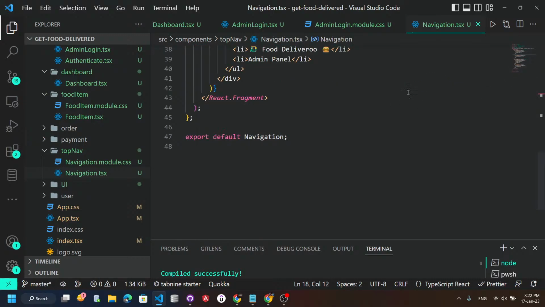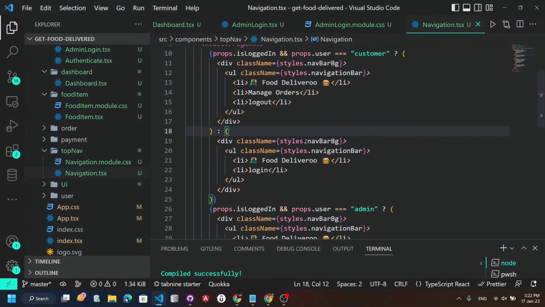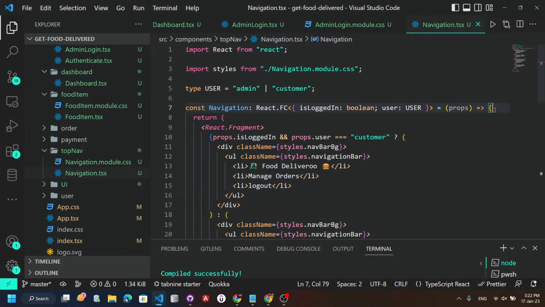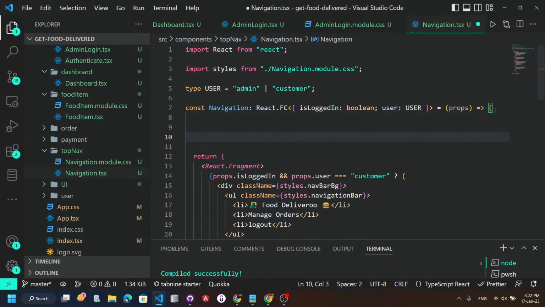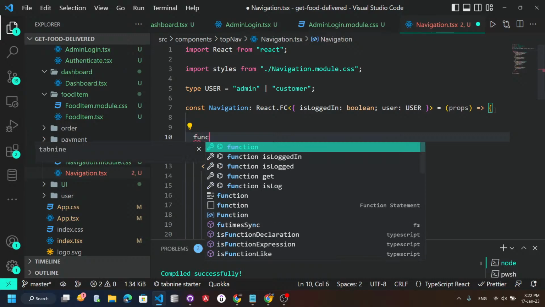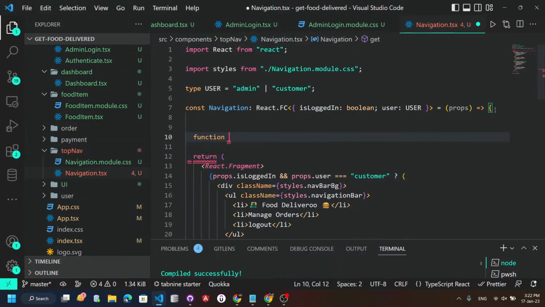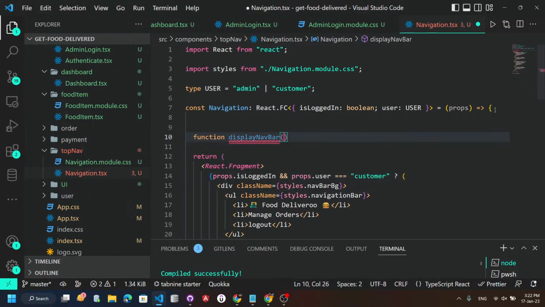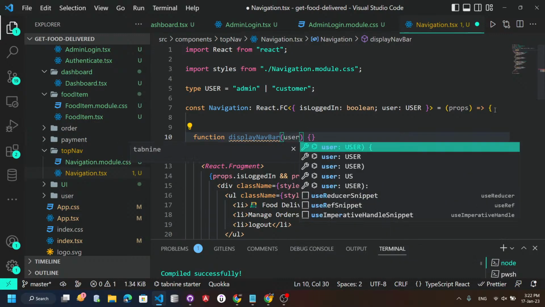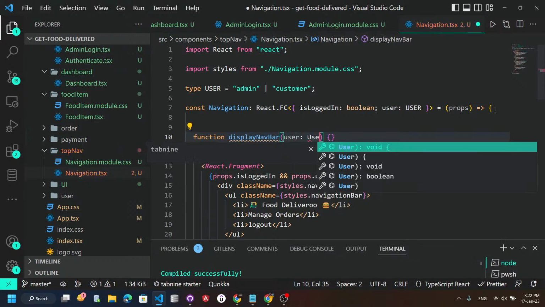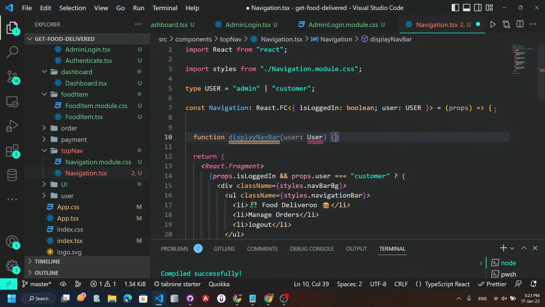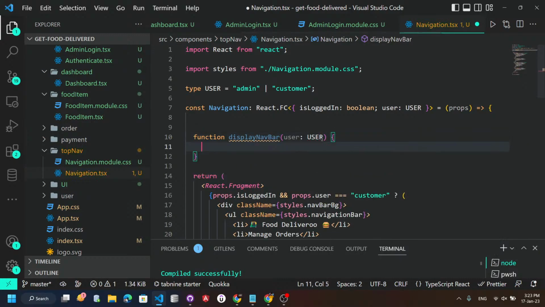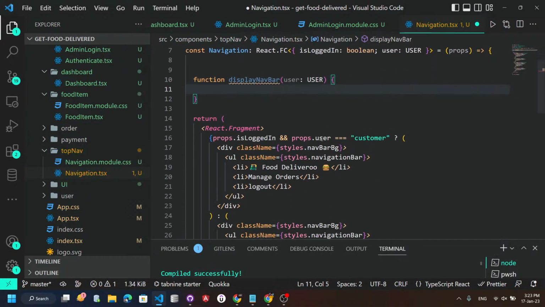और मैं इसके लिए एक फंक्शन भी बना सकता हूँ इन दिस सेक्शन। मैं यहाँ पे कर सकता हूँ फंक्शन displayNavbar, इसके अंदर आई नीड सम थिंग्स। मैं यहाँ पे बोलता हूँ मुझे यहाँ पे यूजर कैटेगरी चाहिए एंड यूजर विल बी ऑफ टाइप user। अब मैं यहाँ बोलता हूँ कि अगर